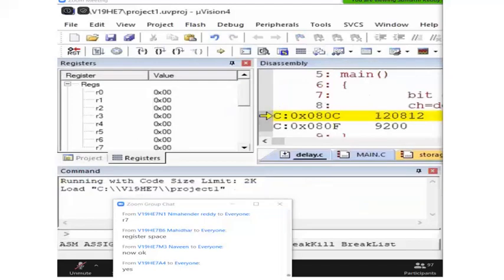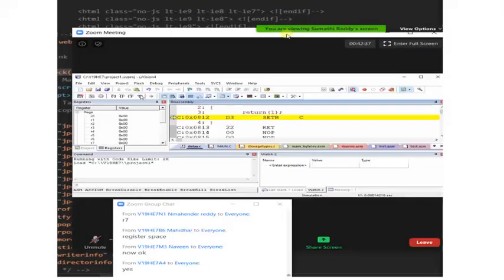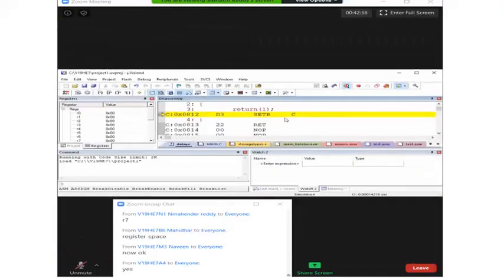When the return type is bit, see the function is called, and how is the bit getting returned? Through what? Carry, yes.